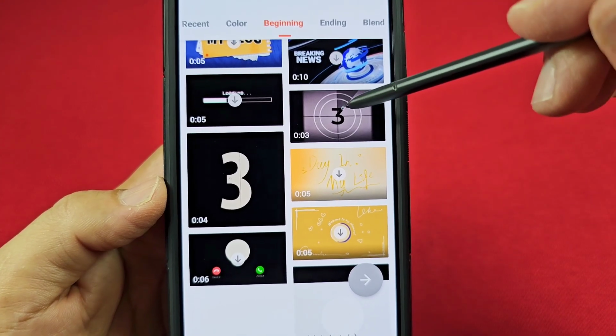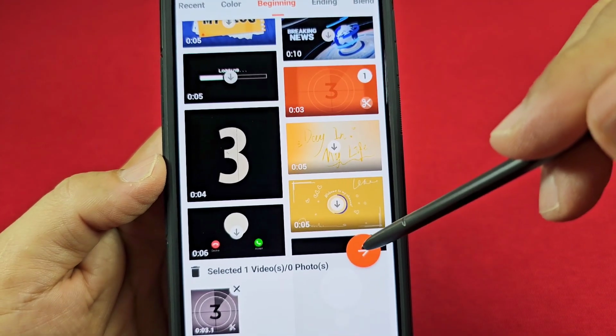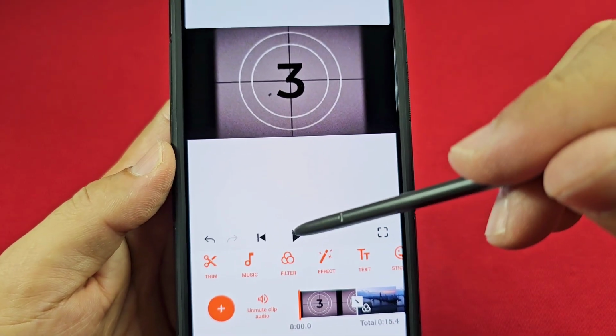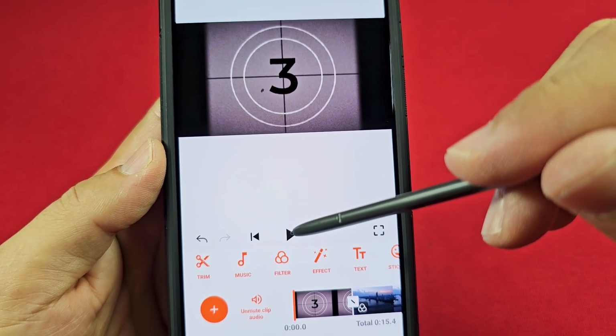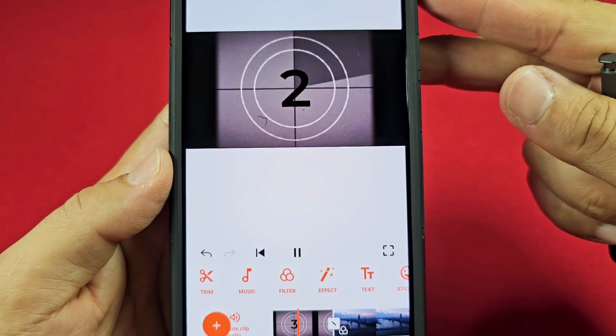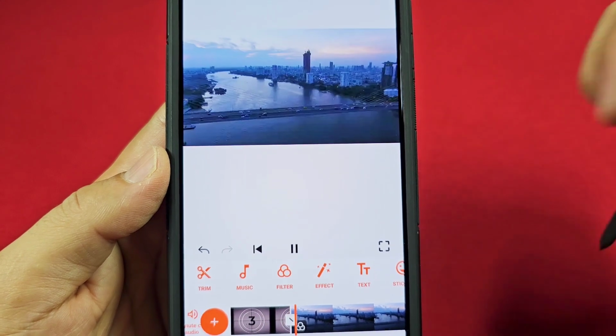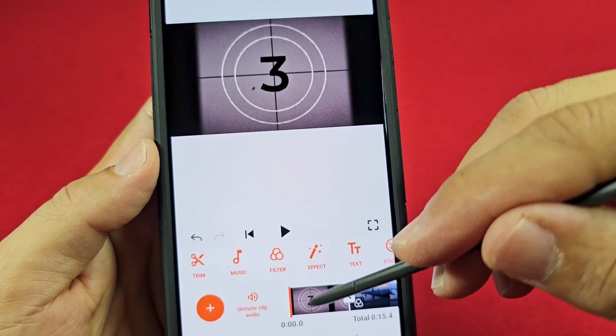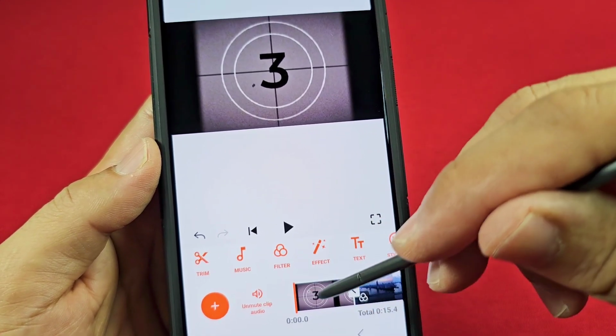So this one here is the one that you saw earlier. You can have this one here. And you press play, you'll hear the sound that plays with it too. Okay, and then your video starts. Now, if you don't like that one here, you can delete it,